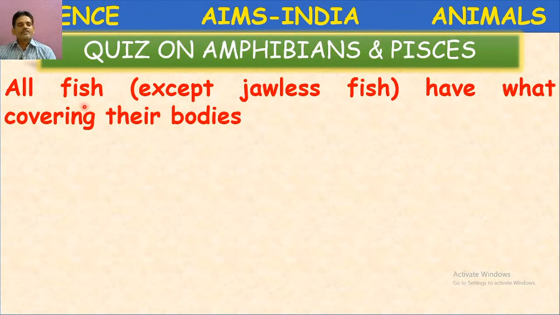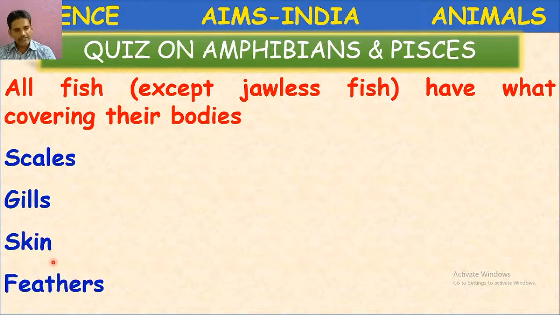All fish except jawless fish have what covering their bodies? All fish except jawless fish cover their body with scales, gills, skin, feathers. Very good. Scales. So fish's body is covered by means of scales. There are different types of scales present, placoid scales, ctenoid scales, like that. So the scales. Next,